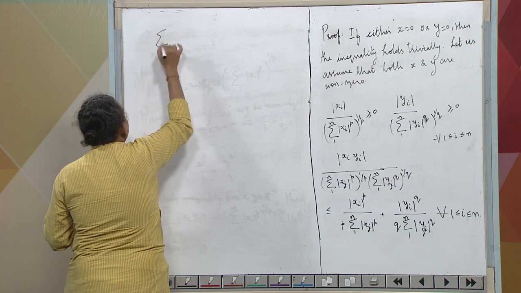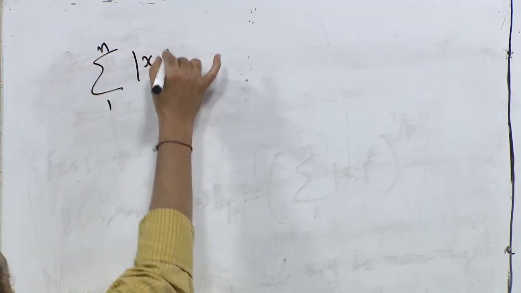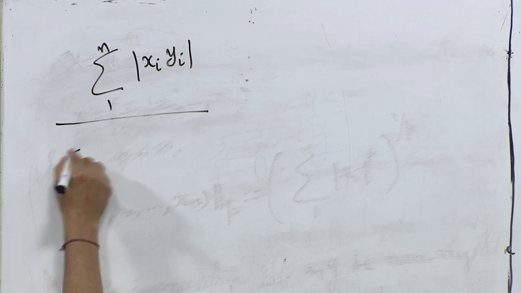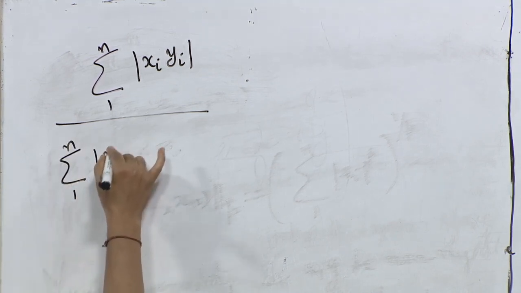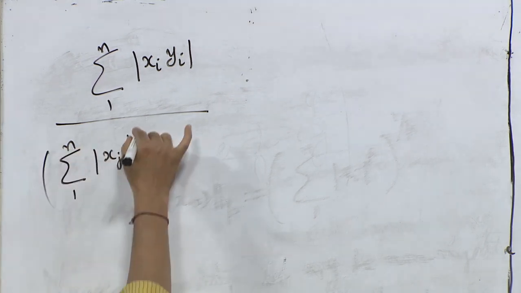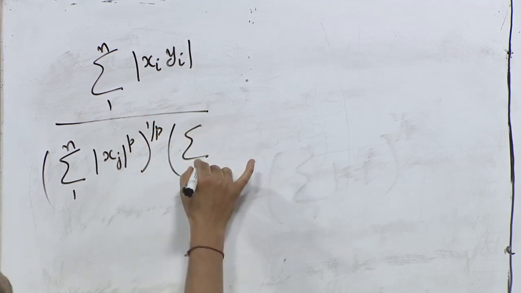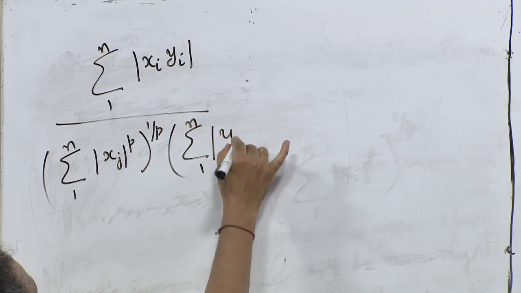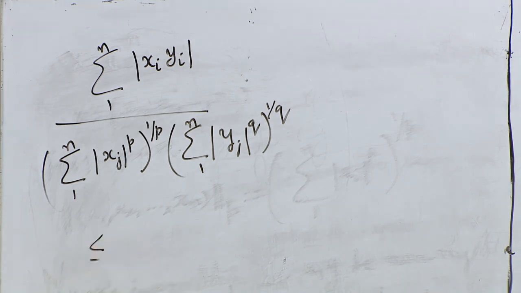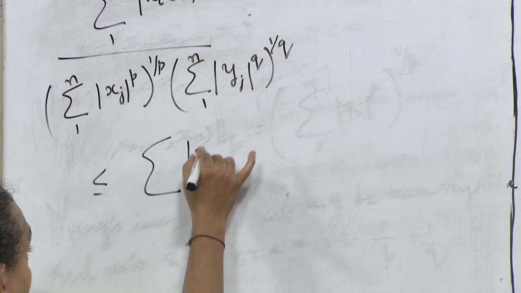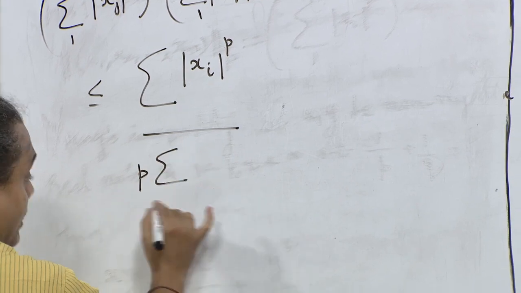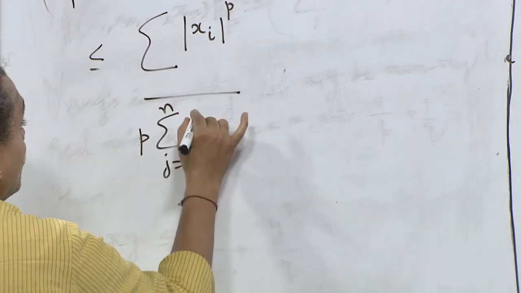So, I will simply have summation 1 to n mod xi yi upon summation 1 to n mod xj power p, whole raised to the power 1 by p, times summation 1 to n mod yj raised to the power q, whole raised to the power 1 by q, is less than or equal to summation mod xi raised to the power p, whole upon p times summation j running from 1 to n mod xj